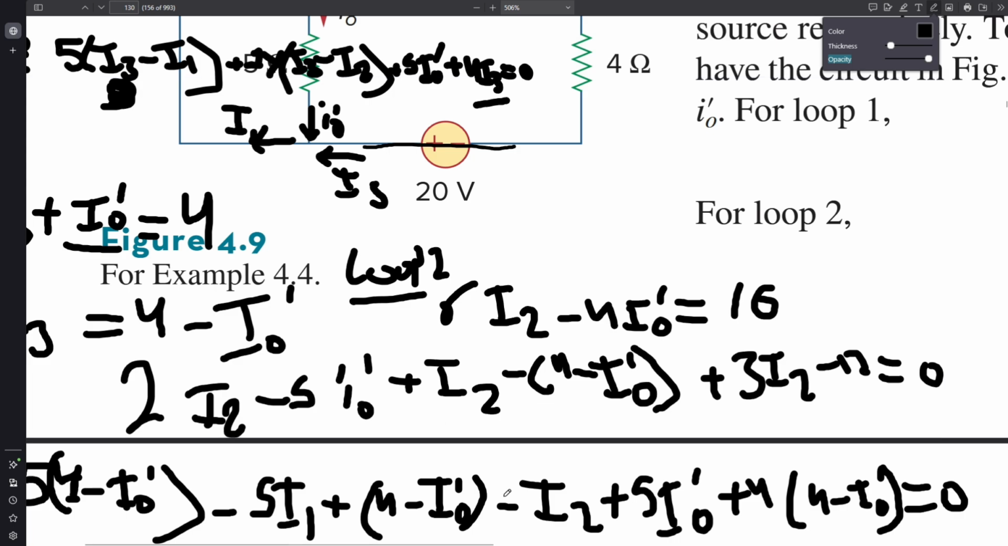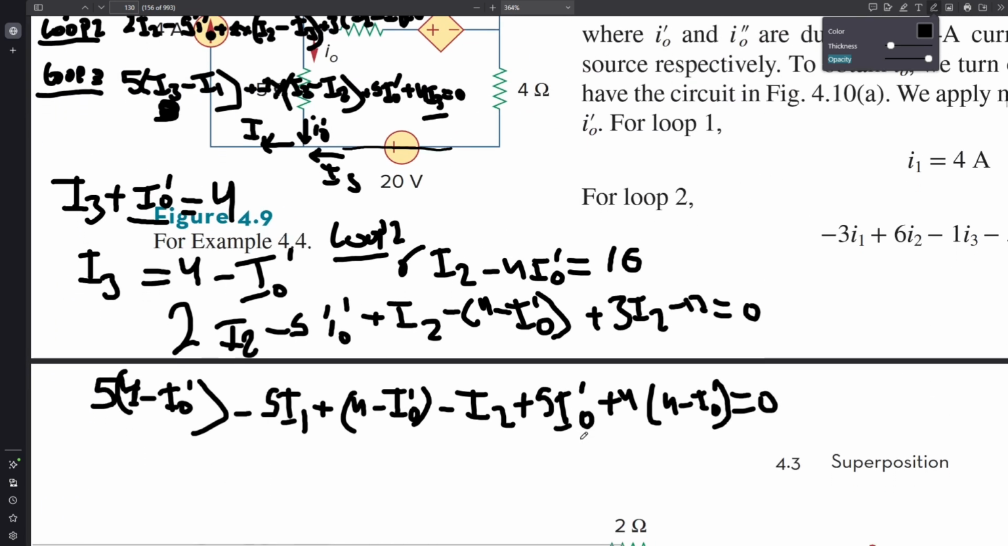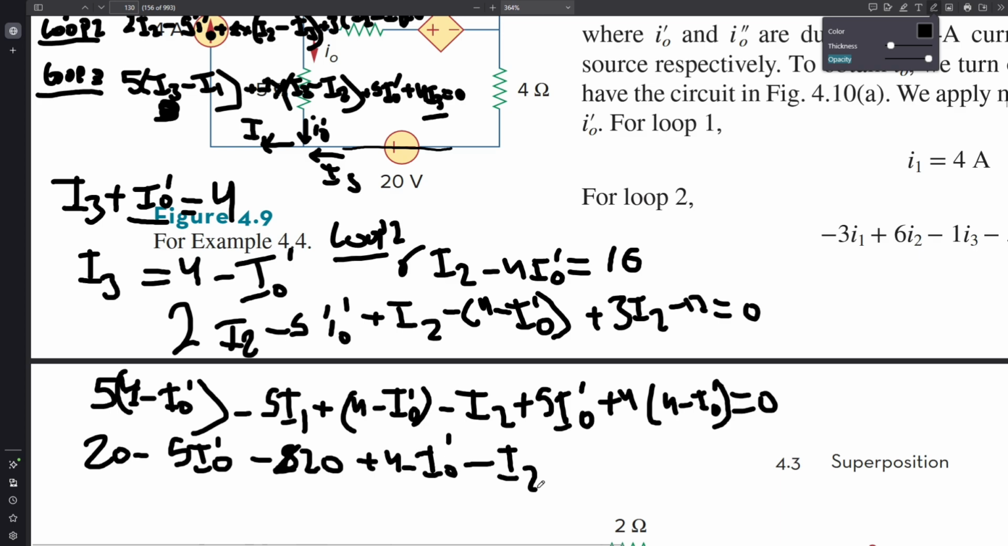And then now we're supposed to simplify them. You simplify the first one here. Simplify the second one, you will get 20 minus 5I0 dash minus 5 times 4, which is going to be 20, so just remove this, write 20, plus 4 minus I0 dash minus I2 plus 5I0 dash plus 16